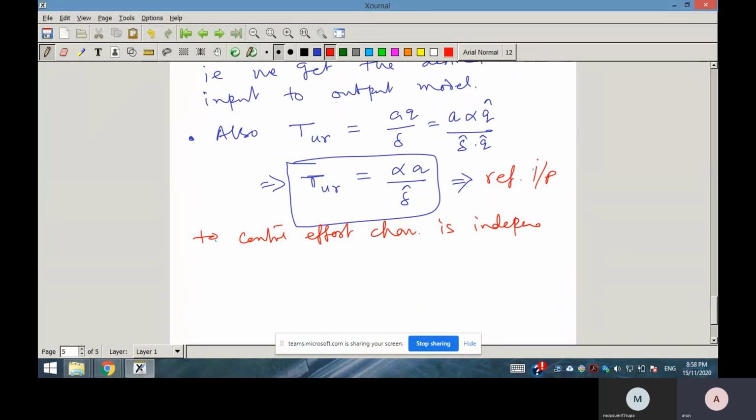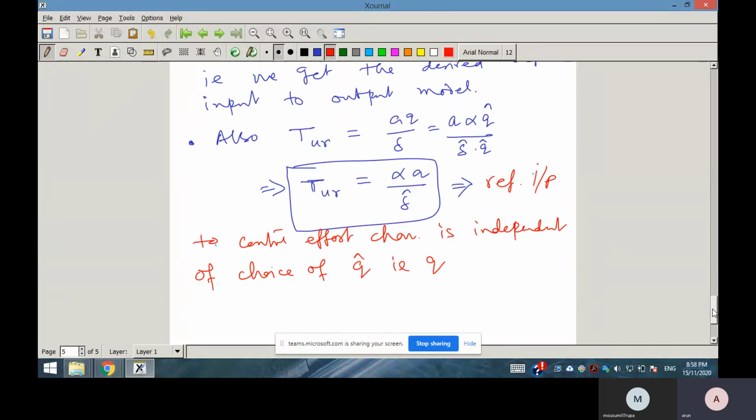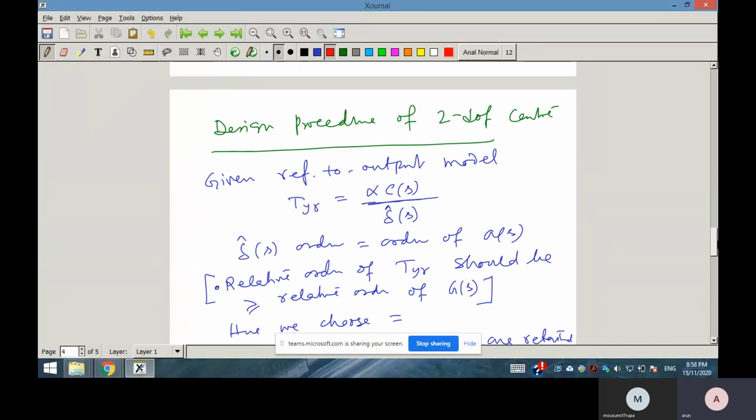This is a very important result. Q hat means Q, because alpha, how will you choose alpha here? Alpha will be equal to